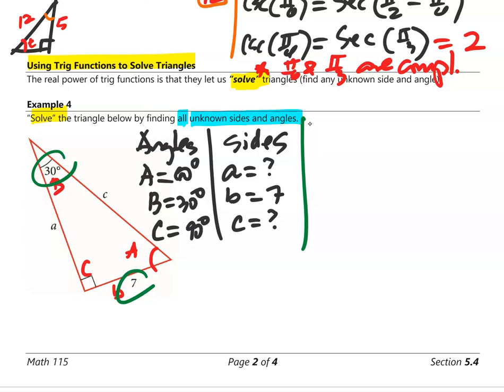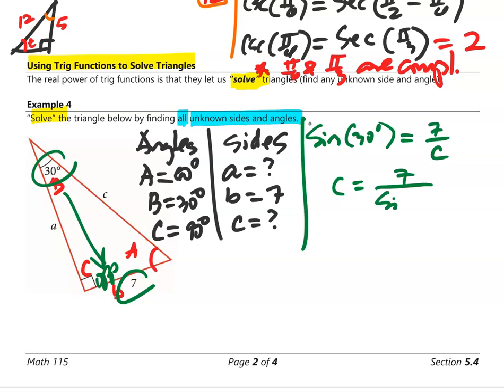If we use this angle 30 degrees and we want to solve for the hypotenuse, and we have this opposite side, so we can use sine of 30 degrees is equal to opposite over hypotenuse, so that is 7 over c. And if we cross multiply here, it's going to be c is equal to 7 over sine of 30 degrees,